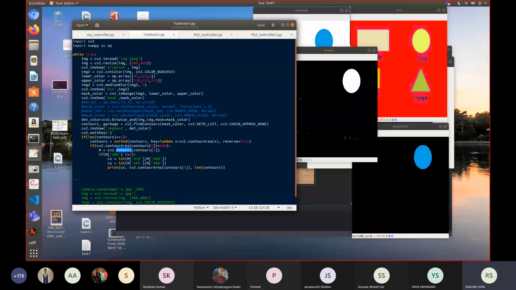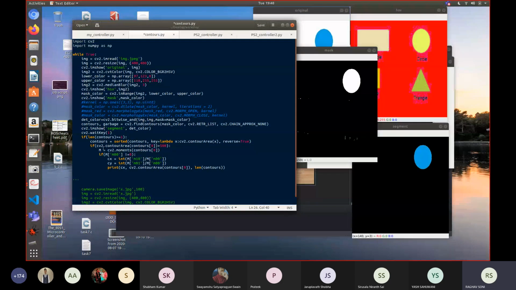I won't go into much detail. You can go into the mathematical details, the mathematical concepts of moments, and dig into it later. But here you won't need the mathematics. You just need to know that I am using this OpenCV function. It is already pre-built into OpenCV, and I'm passing my first contour, contours of 0, into it, and in return, it will give me a